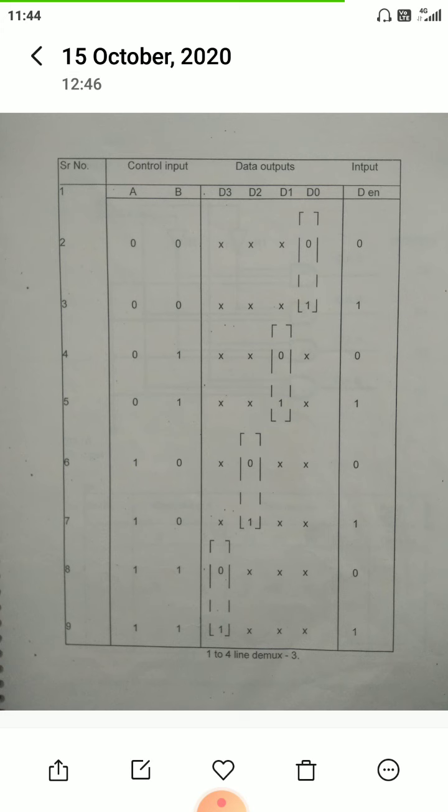And another inverter is required for control input A. So one NOT gate is required and one AND gate is required. Okay, and observe 6 and 7. For 6, our output is 0, d2 is 0, so we will ignore this and we will consider only the second entity number 7, for which our d2 is 1, our output is 1.